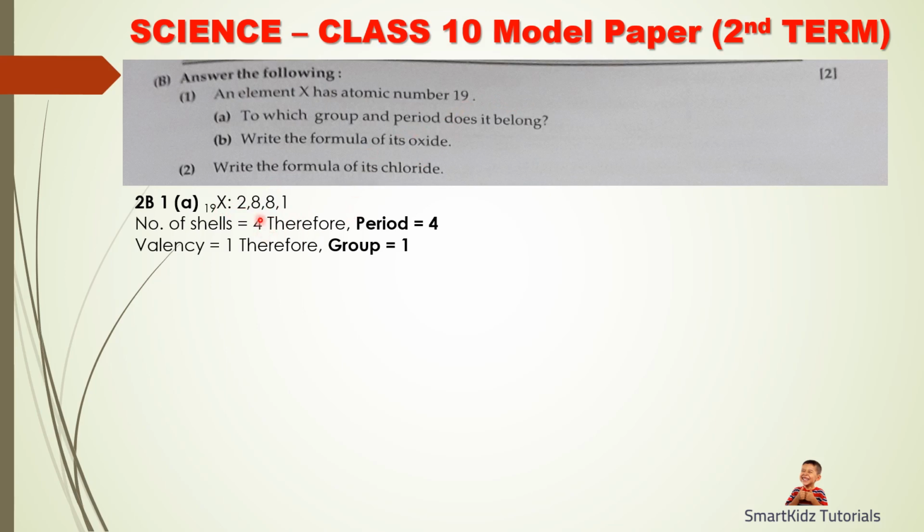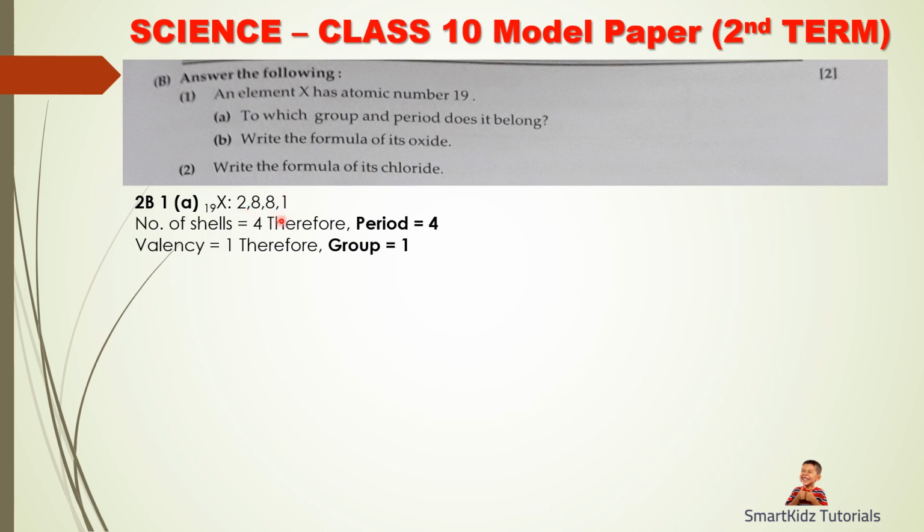Filling up of the shells, these are shells. This is shell number 1, that is K, L, M and N. And though the third shell can occupy 18, only 8 has been filled, and then it has gone on to fill the fourth shell. 1 electron has gone into the fourth shell. That's because as per the Bohr-Bury scheme which we learned in class 9, outermost shells should occupy a maximum of 8 electrons. That is why 1 electron has gone into the fourth shell.